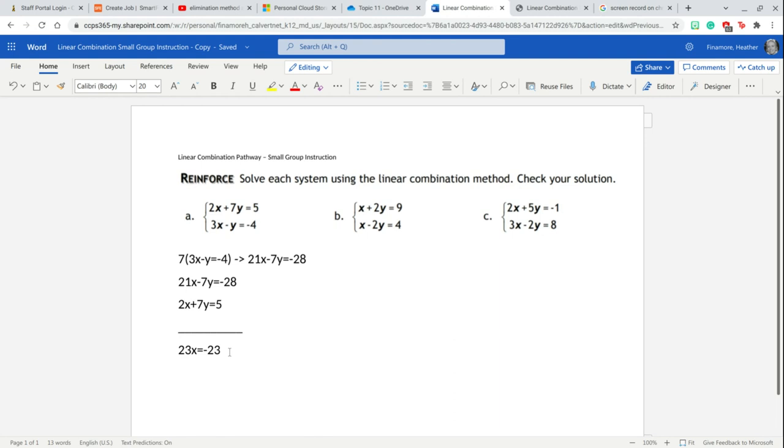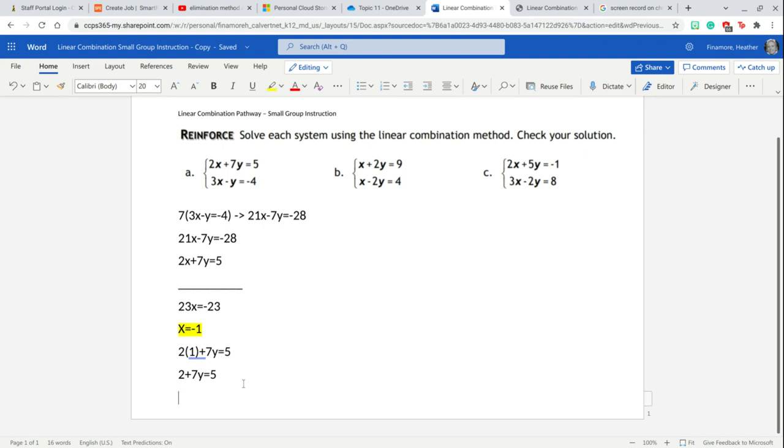So we're going to divide both sides by positive 23, and we get x equals negative 1. Okay? Once you know what x is, it's easy to figure out what y is. Alright, so maybe I'll highlight this because that's important. Okay, so once I know what x is, I can plug x into either of these original equations and solve for y. Let's do the first one. So 2 times 1 plus 7y equals 5. 2 plus 7y equals 5. Subtract the 2 from both sides, and we're going to get 7y equals,